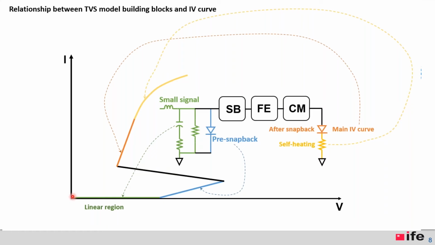So if we go in, here's the linear region, maybe up to a couple volts, nothing happens. Just the capacitance dominates the effect on signal integrity. Then for snapback devices, some current may start to flow. This current is needed to initiate the snapback. Then snapback happens, and then we go into the region where all the other models work together. And if the current gets high for a long time, the device gets hot internally, and then the resistance of the device goes up, which is normal. Hot, for example, resistance goes up, the same for silicon. So this is a general illustration of how it's reflected inside the models.